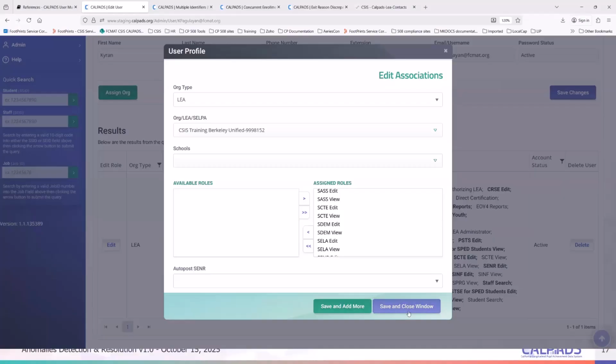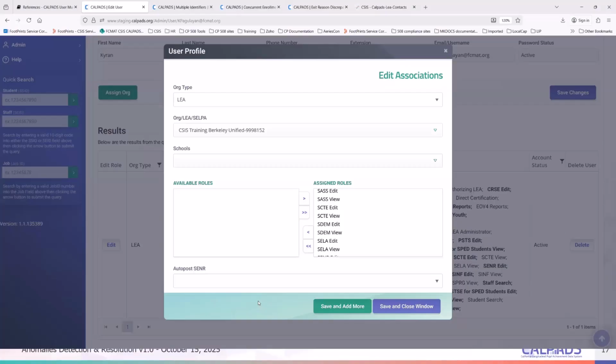Inversely, if you want to remove a person as the anomaly contact, please search for the account and then remove the roles. This is helpful if, let's say, at the start of the year you know that some of your employees who do CalPADS are no longer doing CalPADS, but they are still employed at your district.